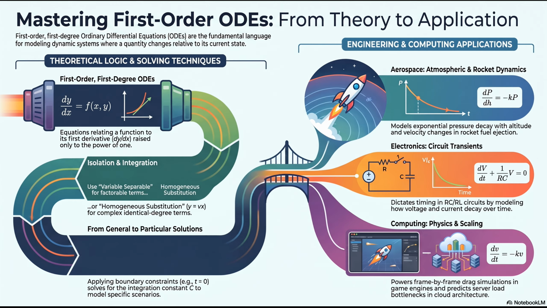Okay. We've seen that everything from the air pressure in our atmosphere to the digital traffic on our internet servers follows these highly predictable, elegant rules of rate of change. Yes. It makes you wonder about us. Is there a complex first-order differential equation that could accurately model the rate of change in our own human habits or sweeping societal trends? Oh, wow. And if there is a math equation that perfectly predicts human behavior, what exactly would be our boundary constraints? Now that raises a deeply fascinating question about free will versus predictable dynamics.